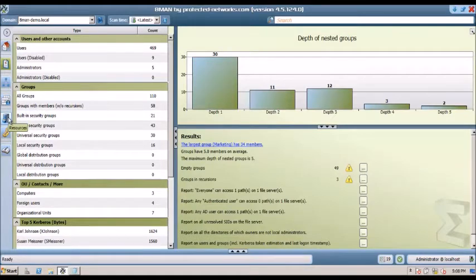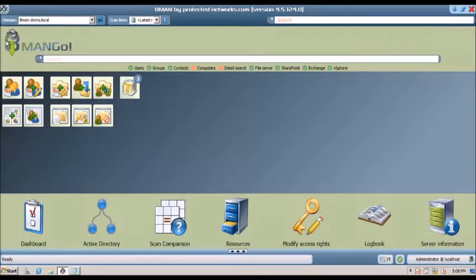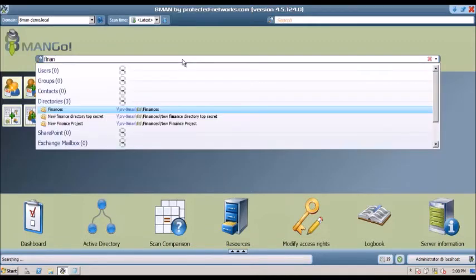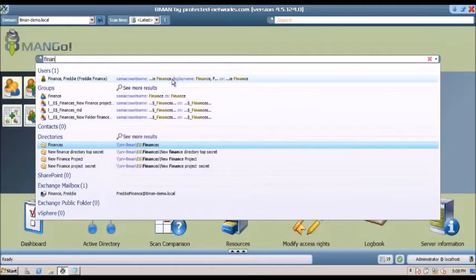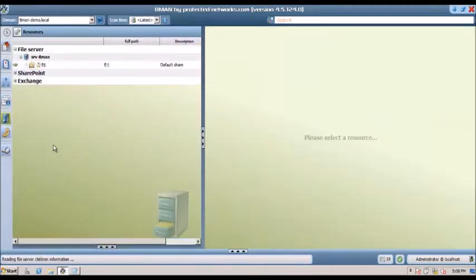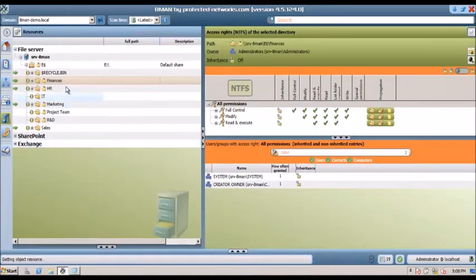If you want to know, for example, who can access a given directory, what we can do is simply use the search bar. So let's say I want to know, for example, who has access to my finance directory. I just type in a few letters approximating the object that I'm looking for, and immediately 8-man will find all of the objects located in its database. And in this case, the question was directed towards the finances directory. So if we want to know who has access to the finances directory, all we have to do is click on the directory in question, and immediately 8-man will show us the location of the finances directory on the 8-man